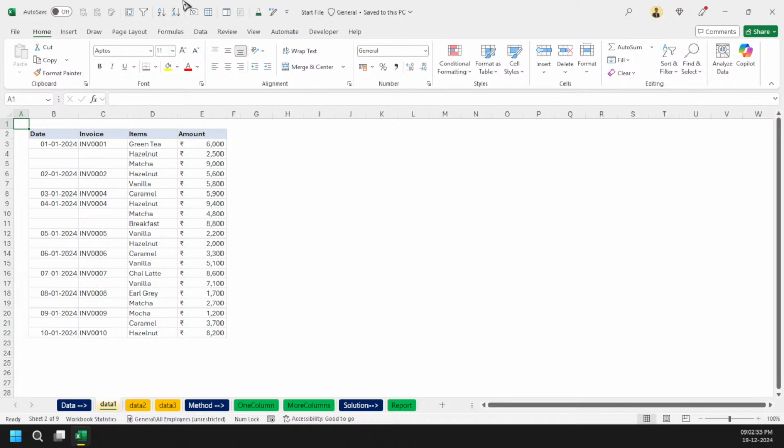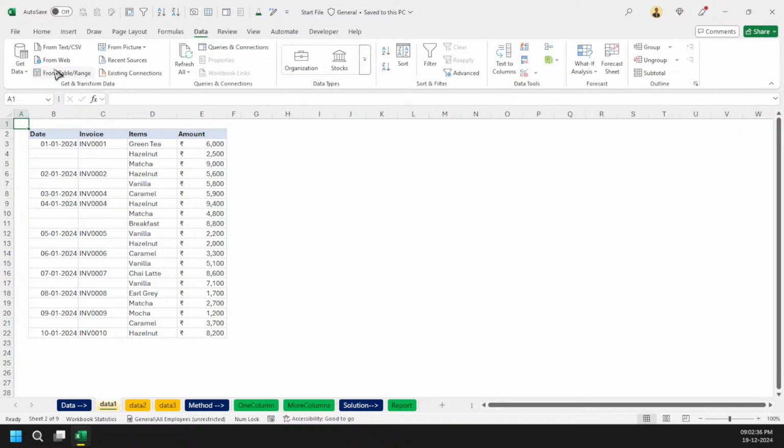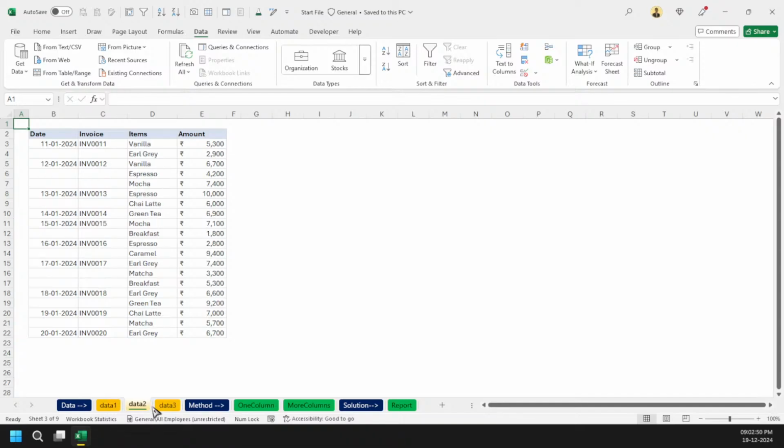If I go directly to Power Query, you will see From Table or Range. It means I have to create a table, and because my data is just lying around on the sheet and is not in a table format, I have to go one by one to each sheet and create tables. That is not a good idea. So that's why I thought we can do something with custom LAMBDA functions, so that next time we face these issues, we can quickly get our desired data without so many complications.